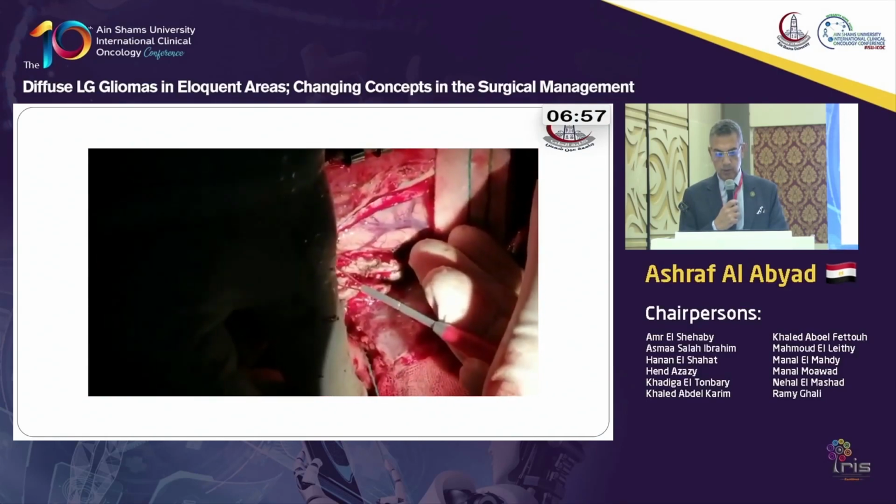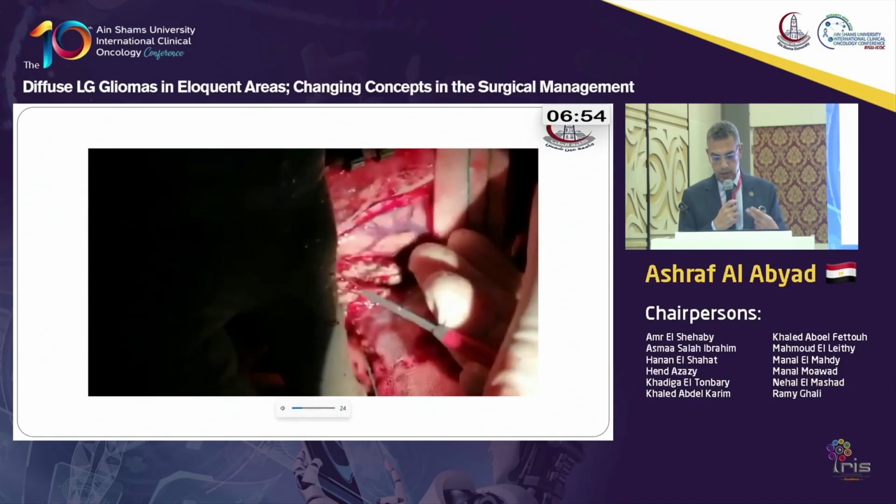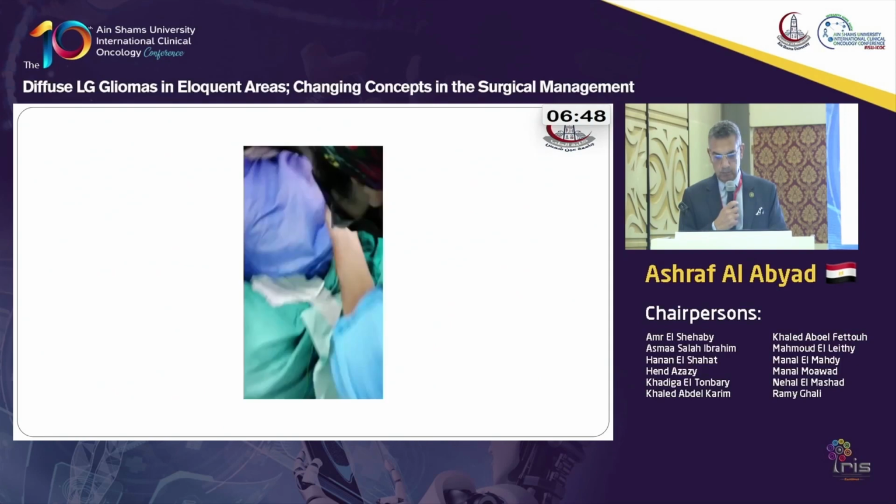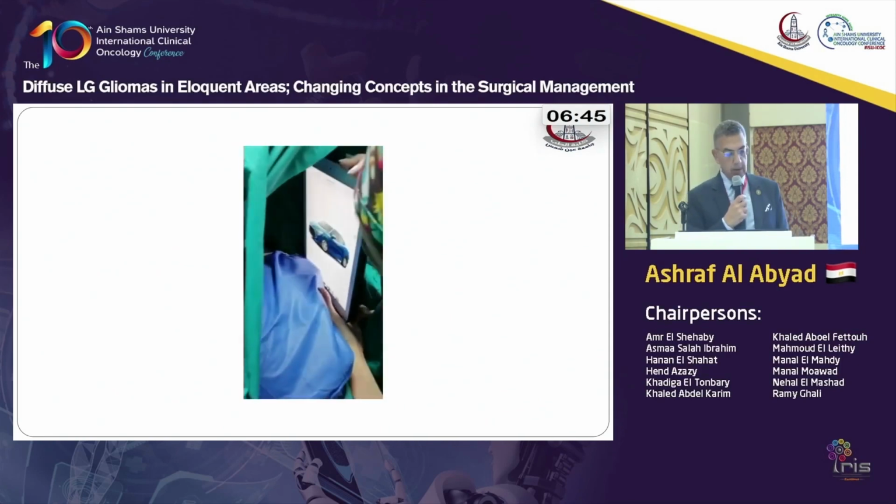And then we do stimulation while the patient is communicating with us. Sometimes we meet some